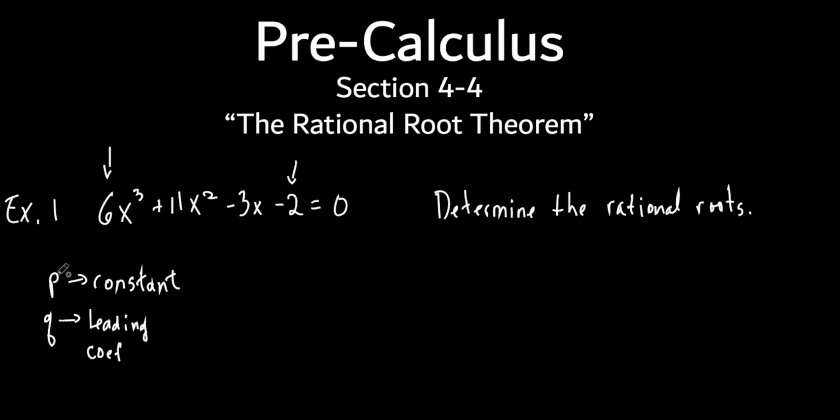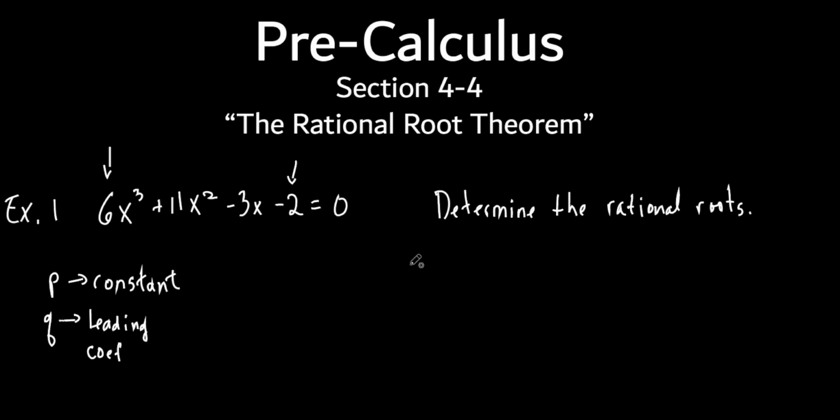Okay, everybody with me? So what we're going to do is we want to find the list of possible factors. Remember on that last problem, the constant was a 1. So what were our possible factors? It was +1, -1. Do you remember that? It's very, very similar to that with one little twist. If you have a number that's not a 1 right there, you're going to have to do something a little extra. And the little extra is this rational root theorem, which says that the possible values, the possible factors,